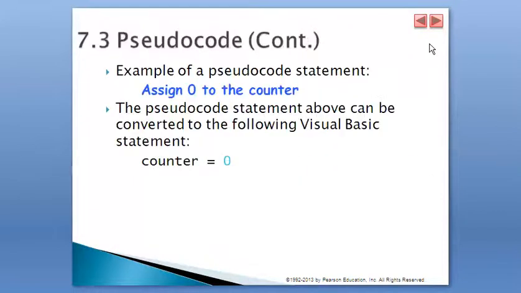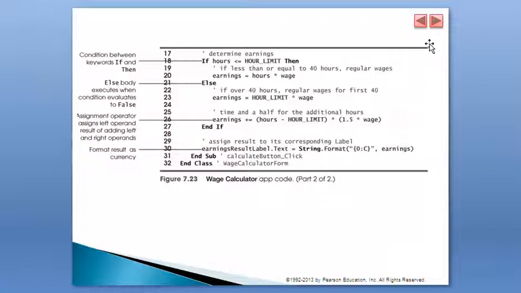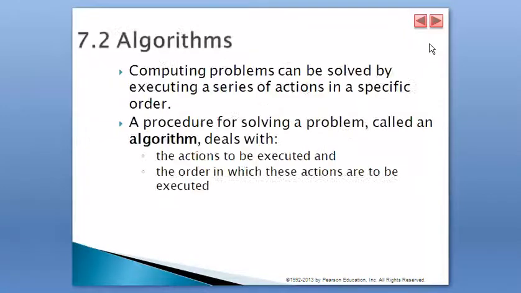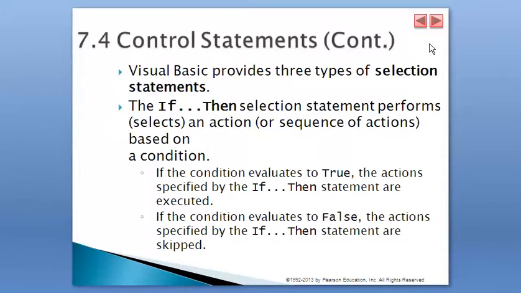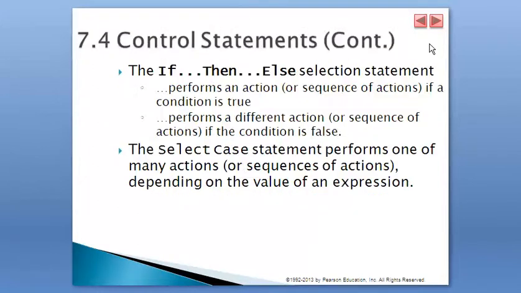Okay, and the third type is a select case statement, which may perform multiple actions given a condition. So we check the value of a variable, and then maybe there are 7 possible values for that variable, so there are 7 possible actions. So that's a multiple decision statement. Okay, so this is a good explanation of